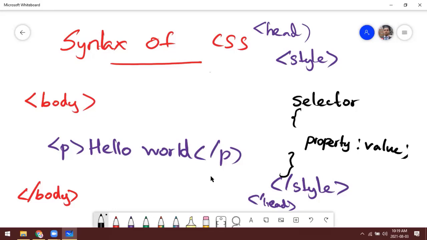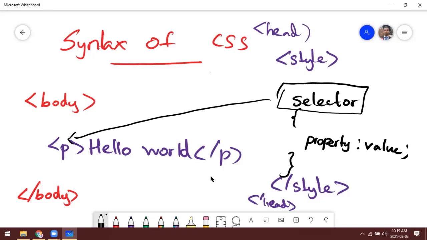So here the selector is the HTML element. In this example, the selector is paragraph text, so P is the selector. The property is the CSS property.